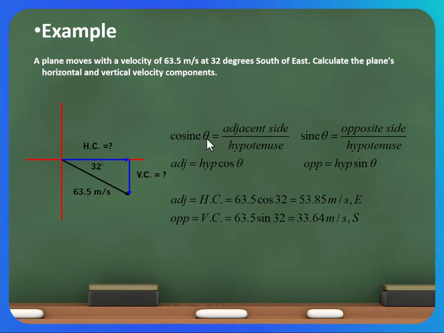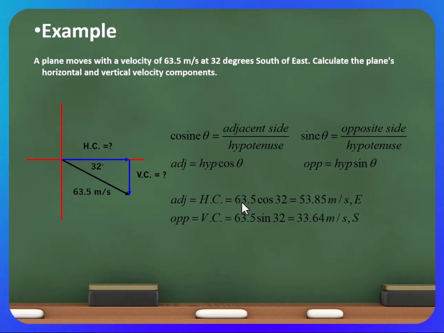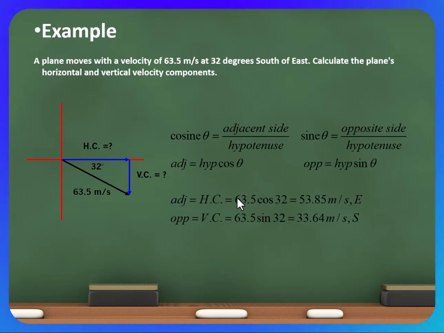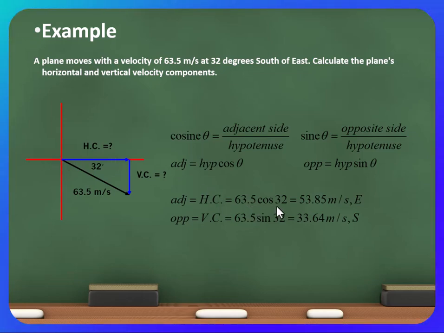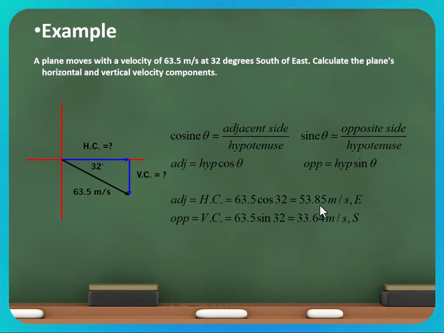So cosine of 32 is equal to adjacent, which we don't know, over hypotenuse, 63.5. Okay, so I want to solve for adjacent, so I'm going to multiply by the hypotenuse on both sides. So the adjacent is equal to the hypotenuse times the cosine of theta. So let's plug in what we know. We know theta is 32, and we do know the hypotenuse is 63.5. So the horizontal component is 63.5 times the cosine of 32, and that's going to be 53.85 meters per